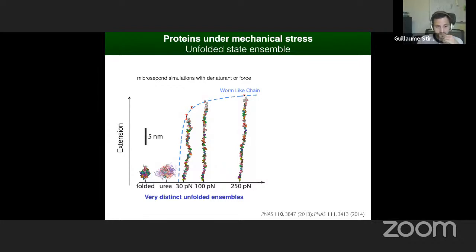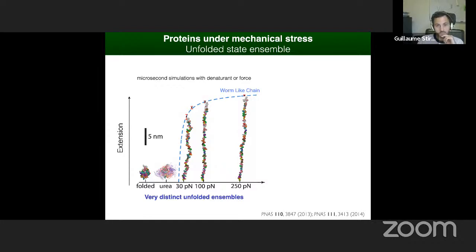So here everything is at scale, and you can compare the size of the folded protein and of that in urea. Each spaghetti here is a different conformation of the protein, but you see it's typically quite compact. But if you put force, you get much more extended structures, and you recover this extension versus force profile, which is the dashed